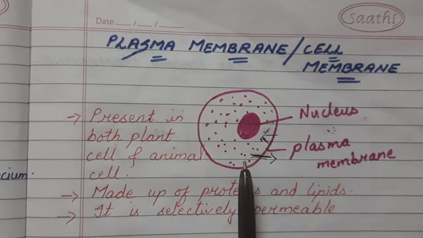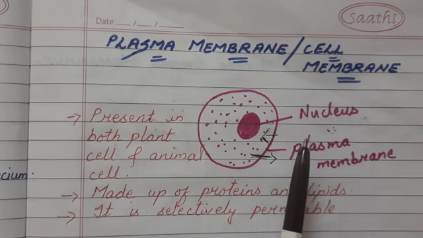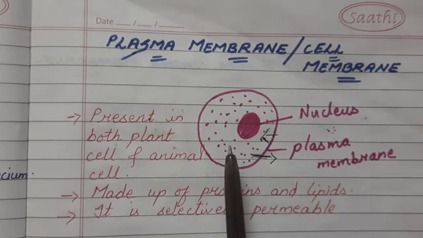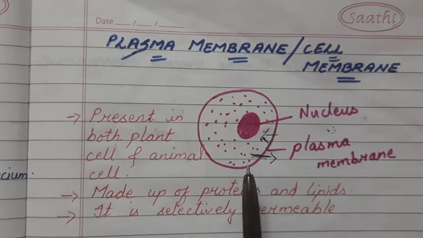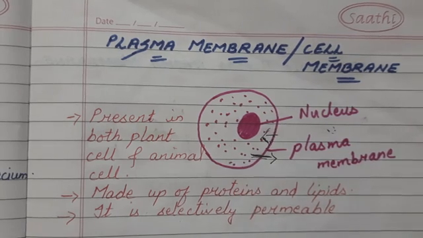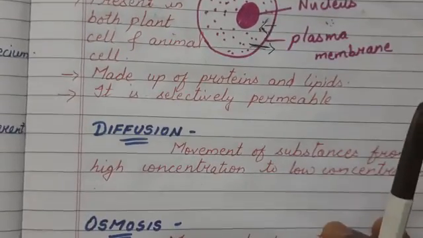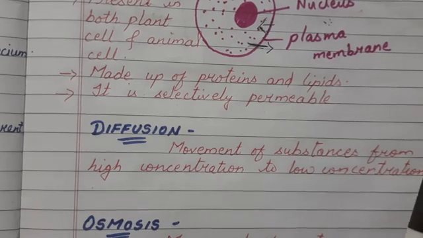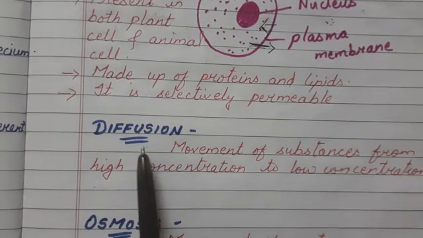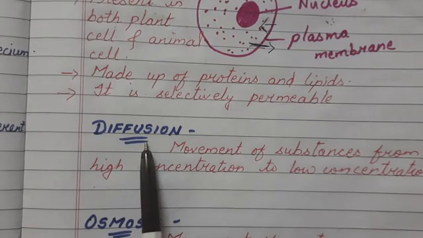You all have studied how carbon dioxide enters each and every cell of the body. You know that carbon dioxide moves out of our body, and oxygen enters into the body. And how does it happen? See, substances like carbon dioxide move out of the body by the procedure called diffusion.